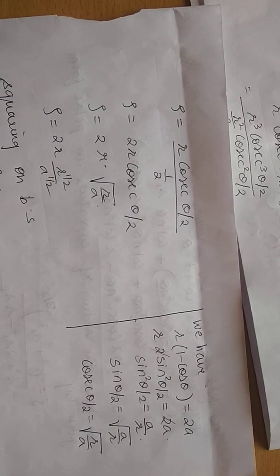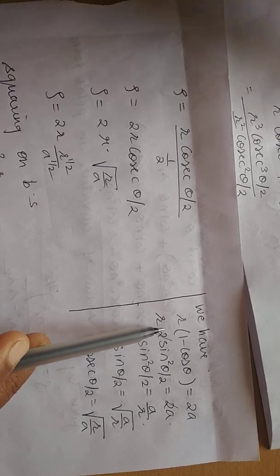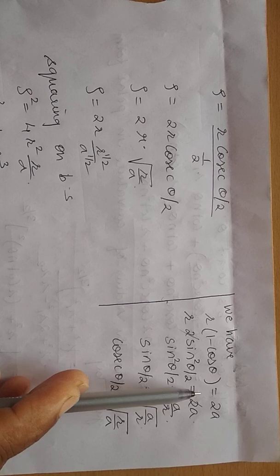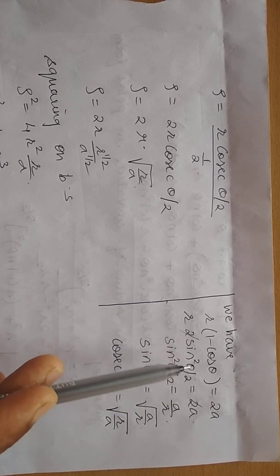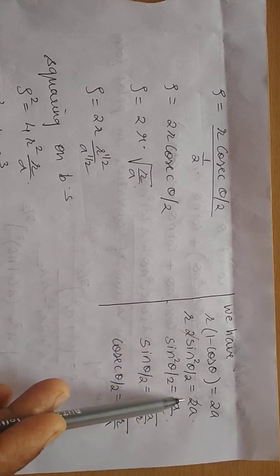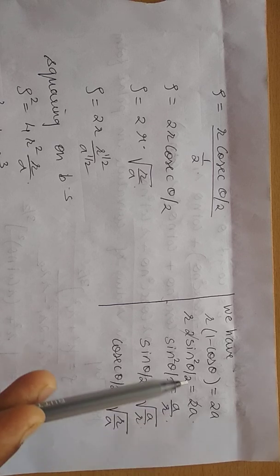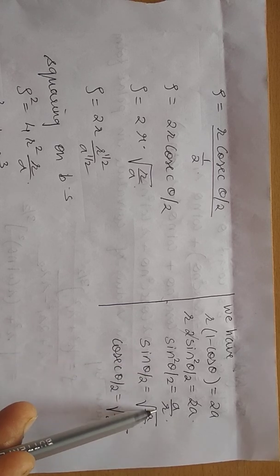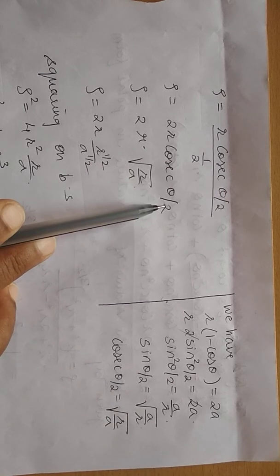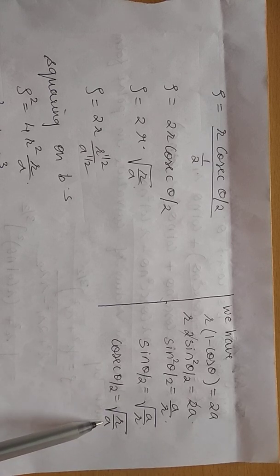So now I will try to eliminate theta. So what is theta here? How to eliminate? Consider the given curve. What is the given curve now? It is r into 1 minus cos theta equals 2a. R as it is, 1 minus cos theta is 2 sin square theta by 2, equals 2a. 2 will get cancelled. R into sin square theta by 2 equals a. So sin square theta by 2 equals a by r, so sin theta by 2 equals root of a by r. I want cosec. Can we get cosec from this? Yes. Cosec theta by 2 equals root of r by a.